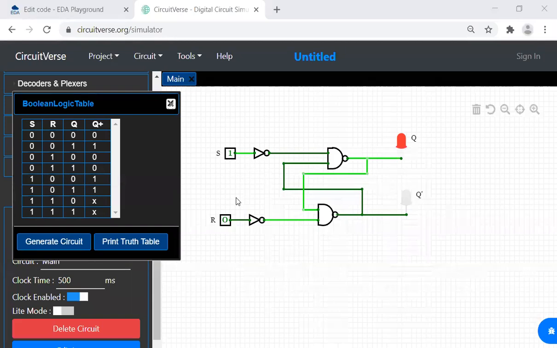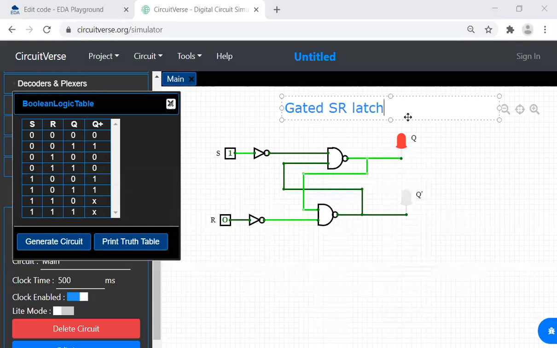In that case, we will introduce an additional input. That input can be an enable, a gate or a clock. Now, a gated SR latch, or before that, inputs which cause a response only with an enable. If these circuits respond with an enable or a clock or gate, then that circuit acts like a synchronous circuit. So now we are going to see something known as the gated SR latch.